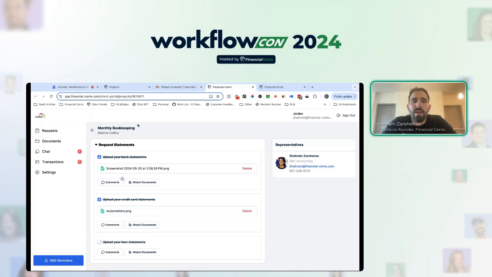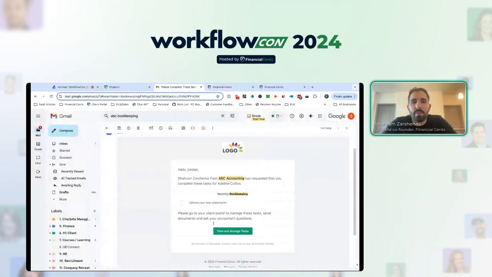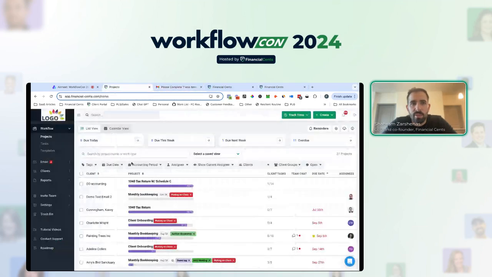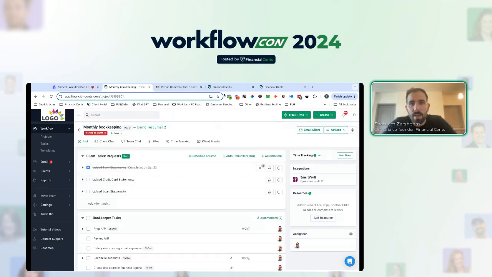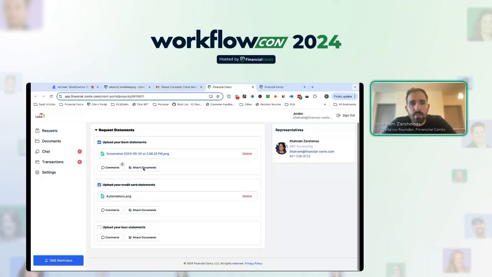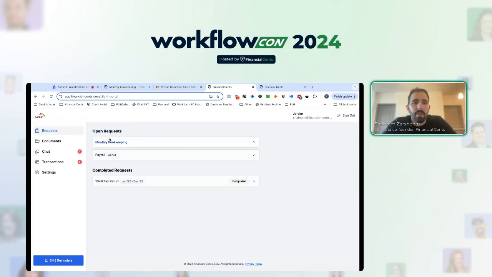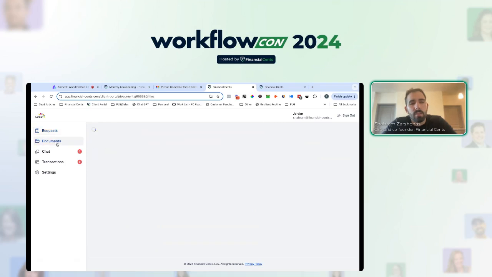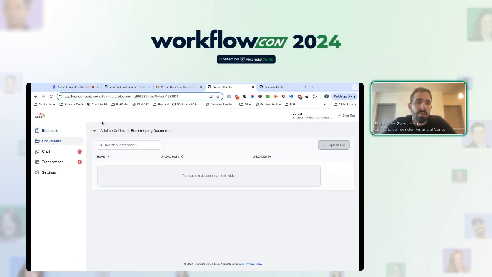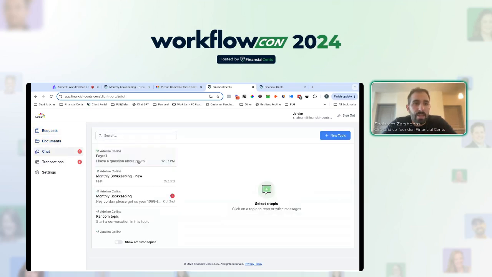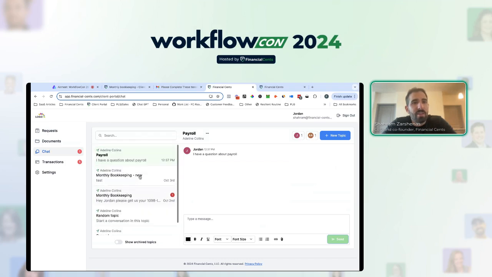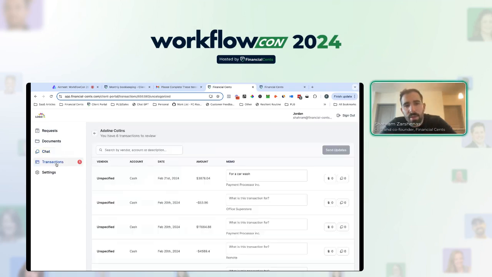So when the clients access the portal, if they access it from the request, which I was talking about earlier, like you can request items from your client, they will then be able to view those request items here. And they can respond to you. They can upload the documents you need. They can view all the other requests. They can also view documents and folders that you've shared with them. They can communicate with you. So we talked about the chat earlier. They can respond to transactions. And what's coming out next week, they'll also be able to pay invoices.